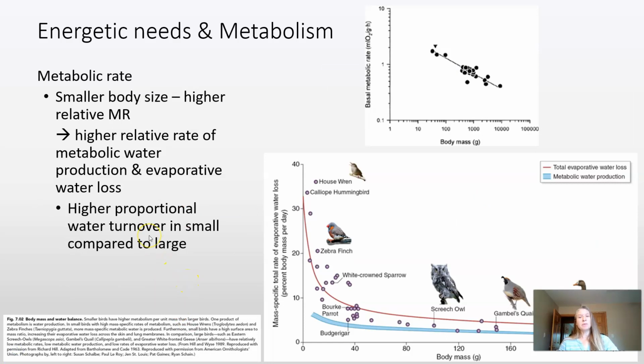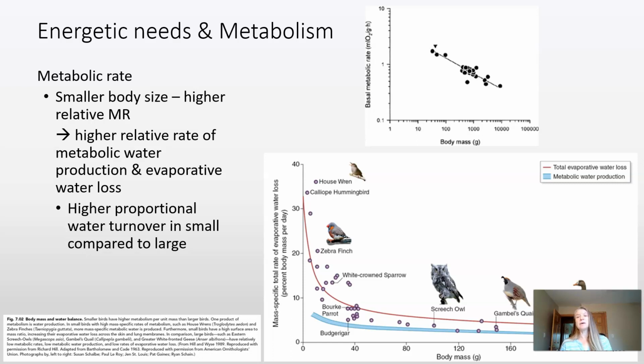So with metabolic rate, we can think about this allometric scaling. So you might hear allometric scaling throughout other types of concepts. But in general, this is where you have a scaling with body mass or size. So here we have body mass on the x-axis, and this is log body mass, and then the basal metabolic rate on the y-axis. And overall, in general, smaller animals have higher basal metabolic rates.